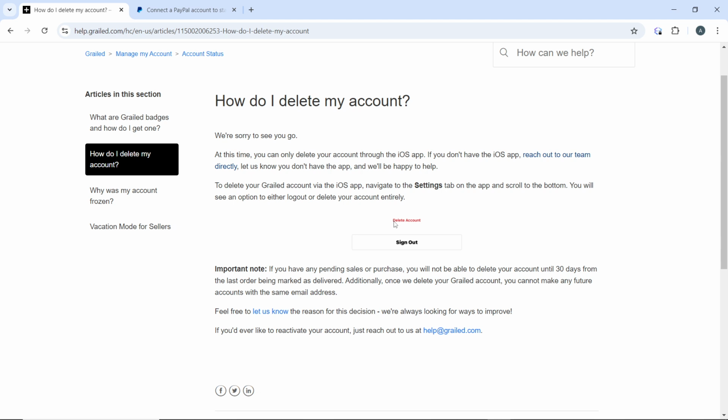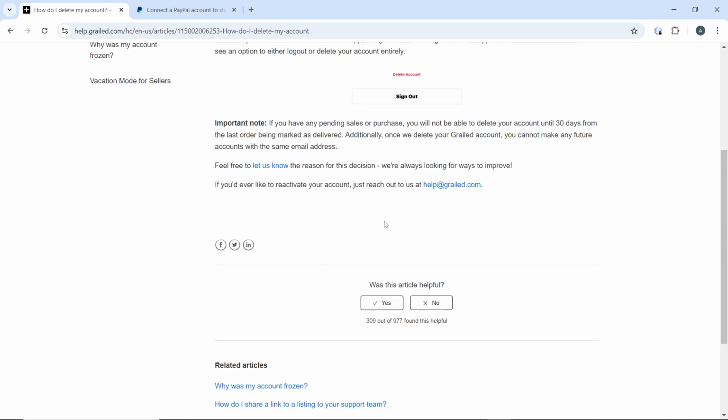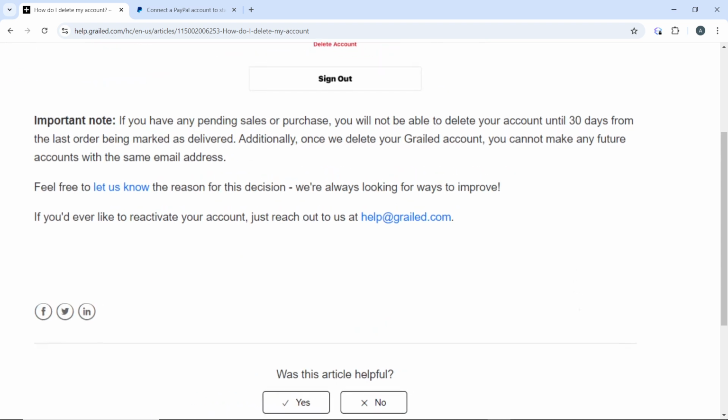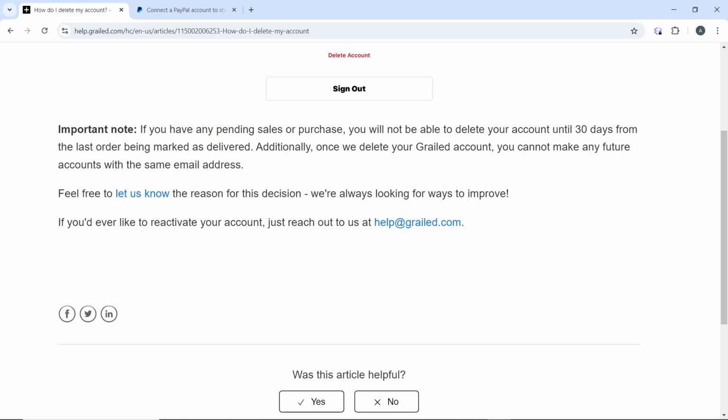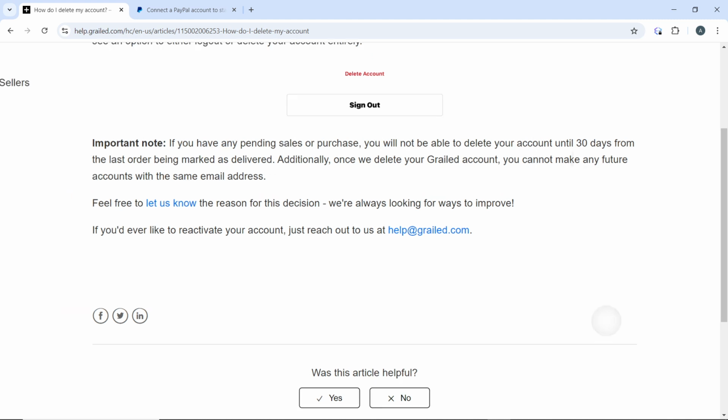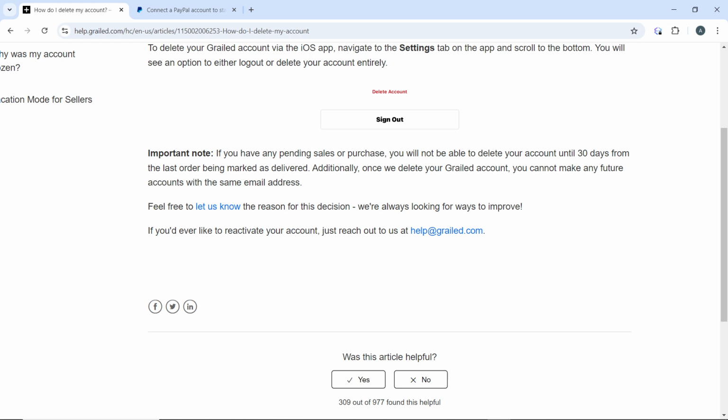So to delete your Grailed account via the iOS app, navigate to the Settings tab on the app and scroll to the bottom. You will see an option to either log out or delete your account entirely. If you have any pending sales or purchases, you will not be able to delete your account until 30 days from the last order being marked as delivered. Additionally, once we delete your Grailed account, you cannot make any future accounts with the same email address. That's pretty much it. And if you ever want to reactivate your account, just reach out to